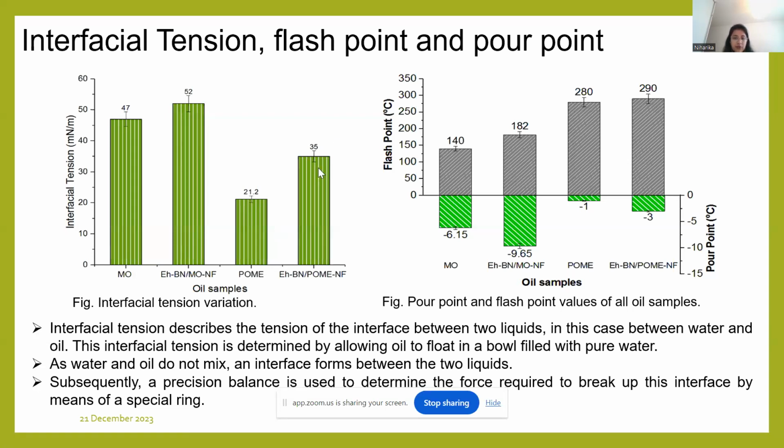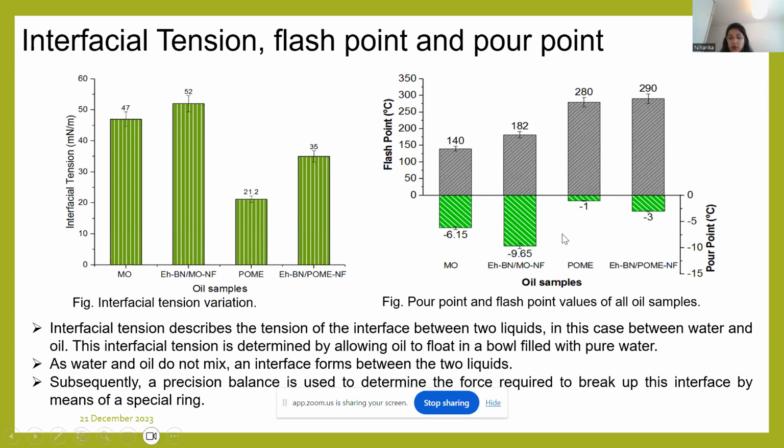Also, for the flash point, as we all know, the flash point of vegetable oils is quite a bit higher than that of the mineral oil. This may be due to the structure of the vegetable oils. Also, with the addition of the nanoparticles, the flash point increases. So this may indicate that because of the addition of the nanoparticles, the vapor generation is lower.